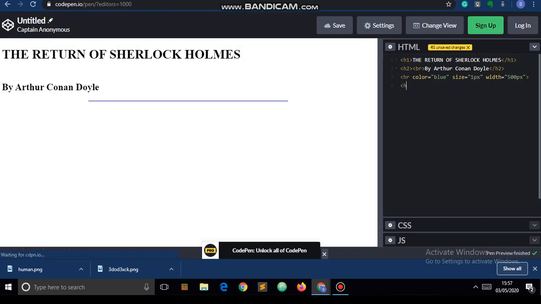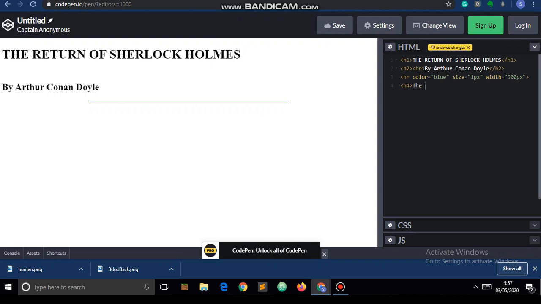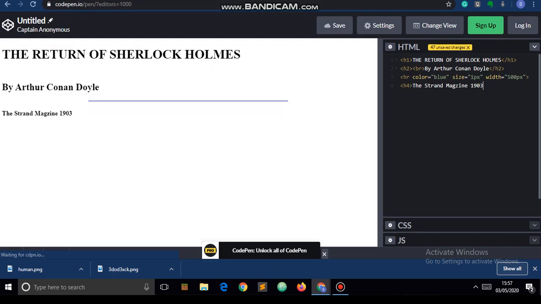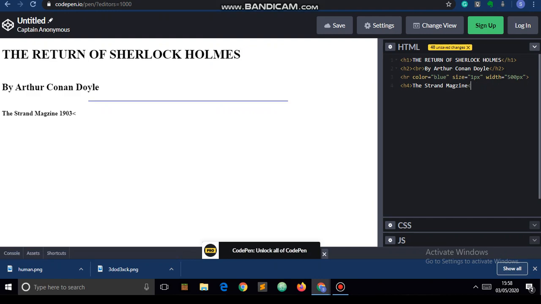I'm going to use the H4 tag, and 1903 on the next line using the H5 tag.